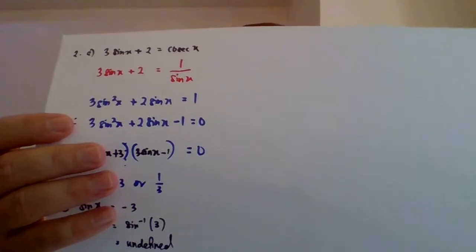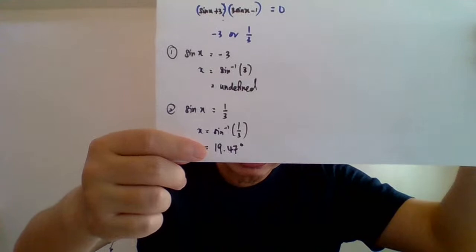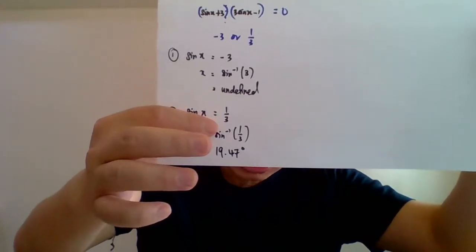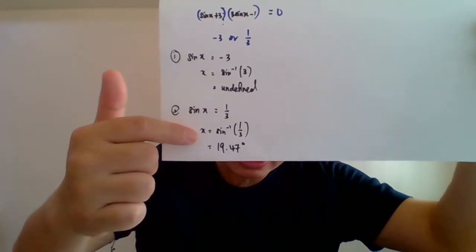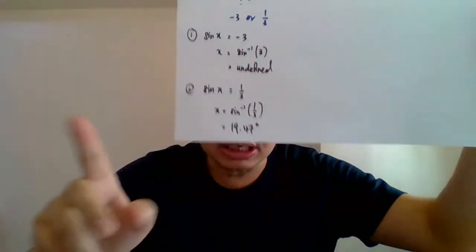So calculate from the calculator, sine inverse 1 over 3, and you will get 19.47 degree. Okay guys, this is what we call the RA, the reference angle for sine x equals to 1 over 3. Okay, you see your reference angle is equals to 19.47, but that is not the final answer, because